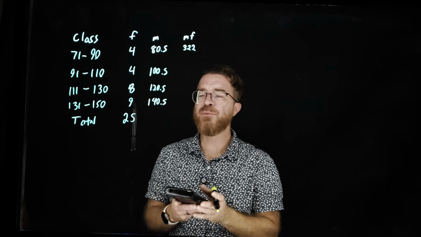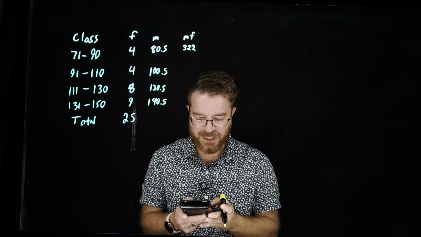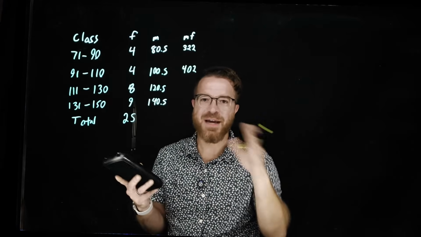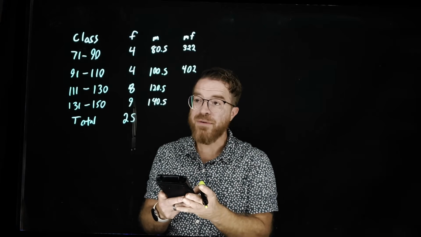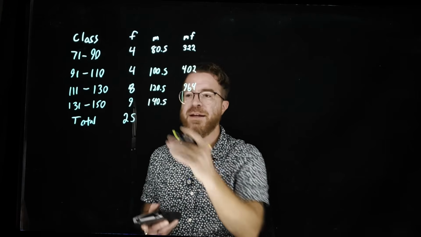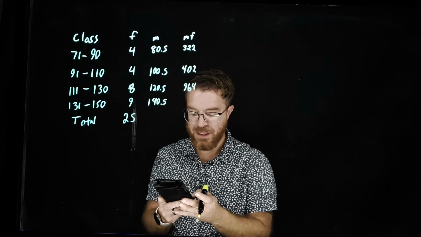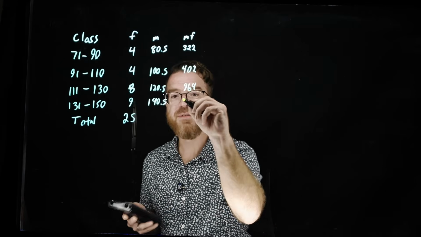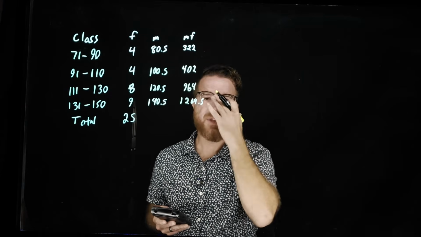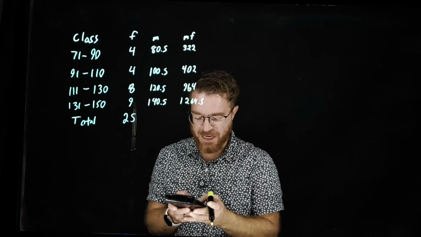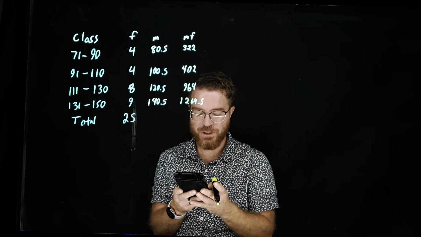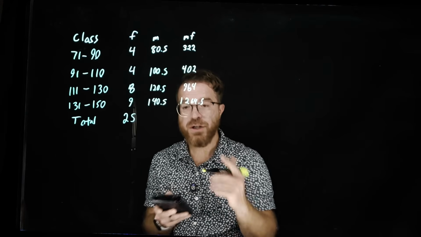Next, we're going to take that 100.5 and multiply that by 4, which, yes, I could do in my head, but I'm just going to use a calculator because I don't want to make any mistakes and then have to go back and erase a bunch of stuff. Next is going to be 120.5 times 8, which is going to be 964. And next one, we're going to have 140.5 times a frequency of 9. This is going to give us 1,264.5. And now I'm going to take the total of these midpoints times frequencies. So I'm going to have 322 plus 402 plus 964 plus 1,264.5 for a total of